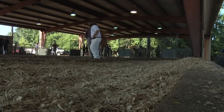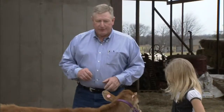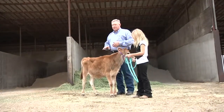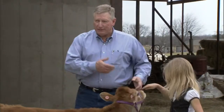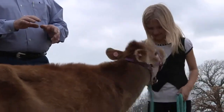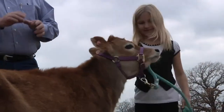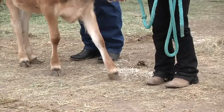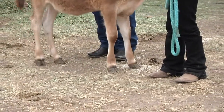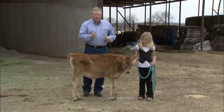When we're working with any animal, particularly dairy cattle like this, we want to be careful about the footing for two reasons. One, the animal can slip down on slick surfaces, but even more important to me is the individual leading the animal can easily slip on slick surfaces as well. So anytime I'm working a young animal or an animal I'm not sure how they're going to react, I want to be on a dirt surface where they have good footing, the individual leading them has good footing. If they do happen to bolt, she has a chance of keeping her feet under her while she gets that